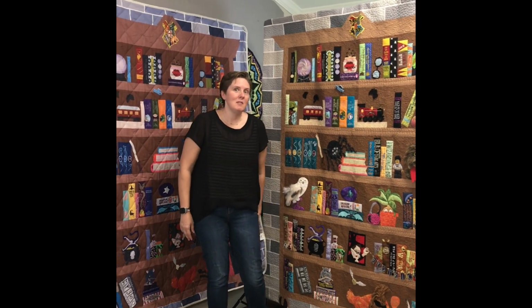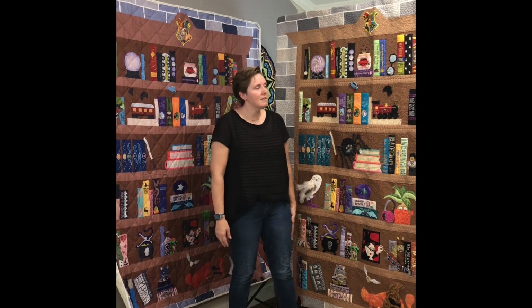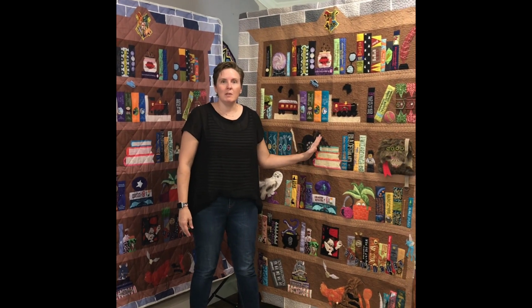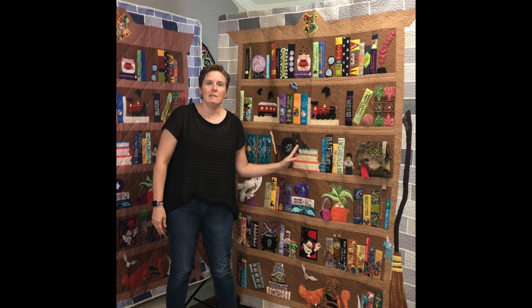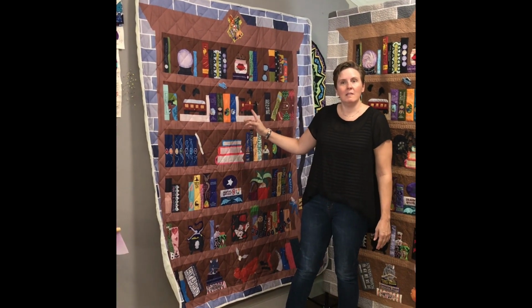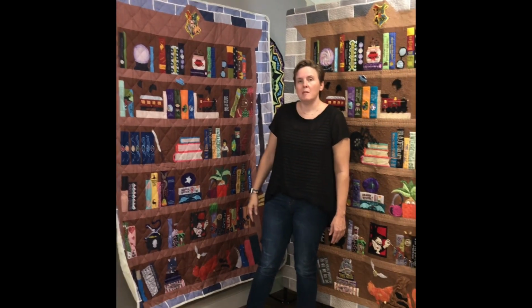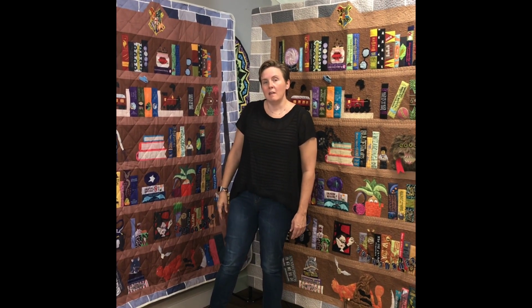Yes, I will tell you, I'm angry about it. I'm not angry because they're using my image. I'm angry because they're lying. They are literally taking an image of this quilt and hundreds of quilts like it, and they are selling you this. These things are not the same in any way, shape, or form. And what I really want people to know is what they're getting. It's not this